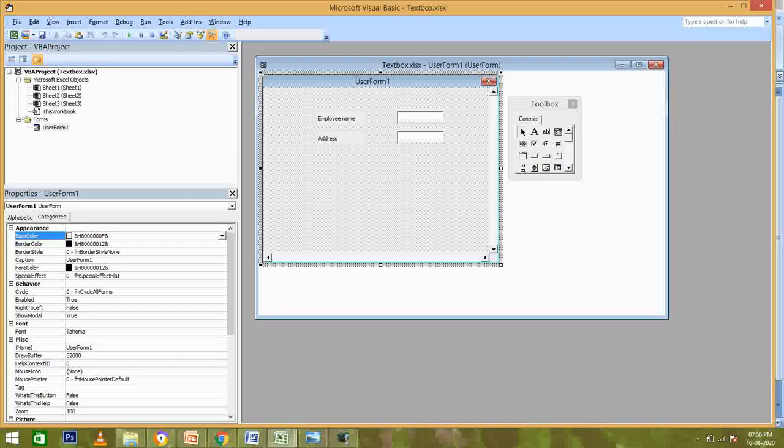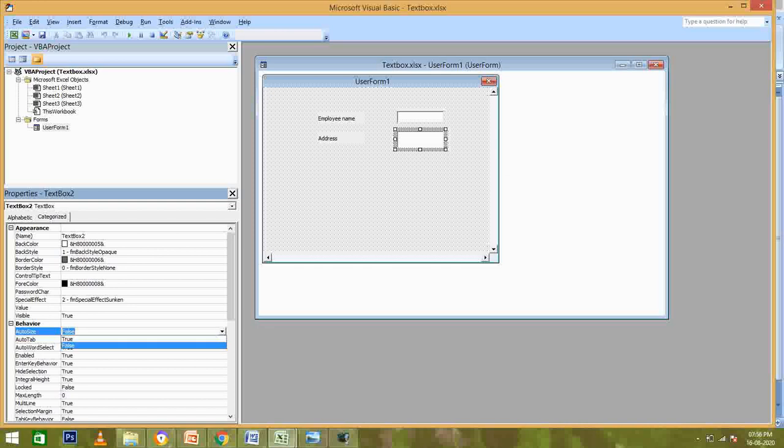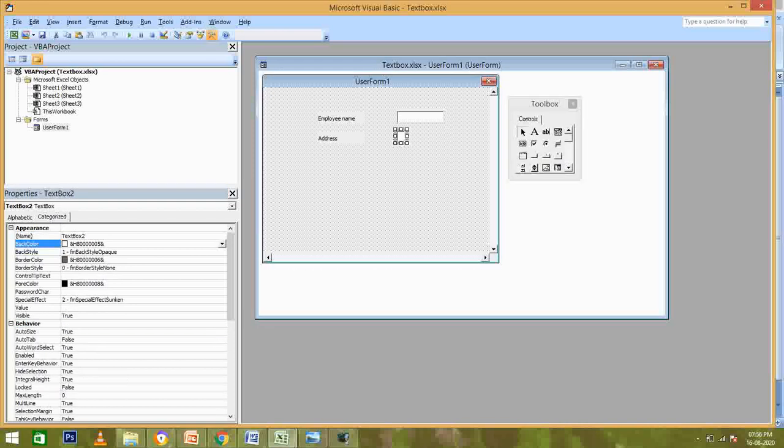Now again I will move to my VBA editor. Now we'll see the property of scroll bar. Just keep a note of it: if you have set this text box's auto size to true, you won't be able to put any scroll bars into it, because whatever you write gets automatically fitted in the text box.